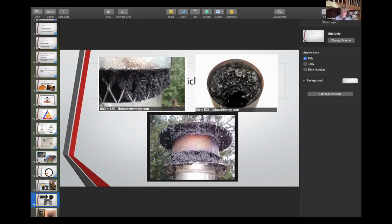When a fire is burning clean or you're using nice dry seasoned wood, very little of this deposit will occur in your chimney, because all of the wood and the deposits in the wood is being consumed by the fire. But when you burn wood that is green and not seasoned properly, then you develop this. So in a normal situation where you're burning some nice dry seasoned wood, the temperature in the chimney itself is usually around 300 to 400 degrees Celsius,